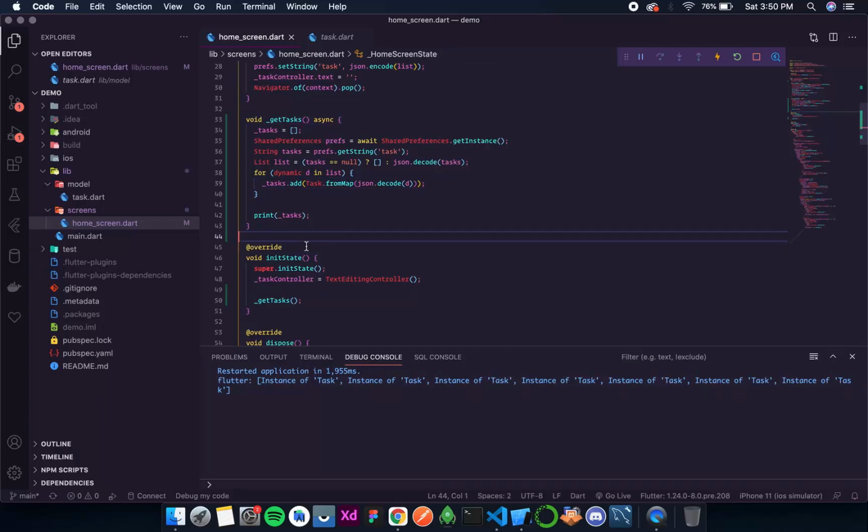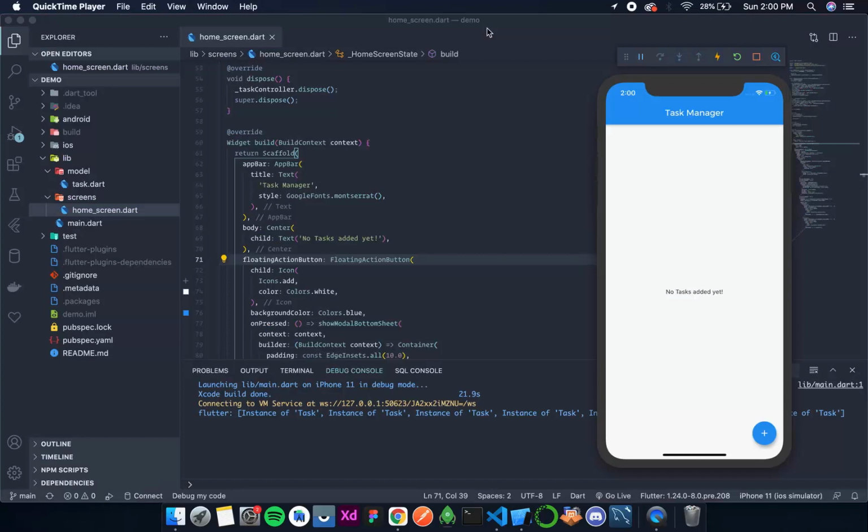Now we just need to display it on the screen, and then add a ticker that will complete the task, and then as soon as the date changes, the previous task should get deleted automatically. So that is what we are going to do. So up until the previous video, we have created tasks, stored them, and also retrieved them. Now let's display them on the screen.